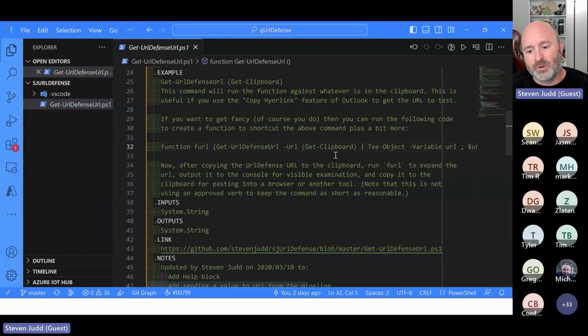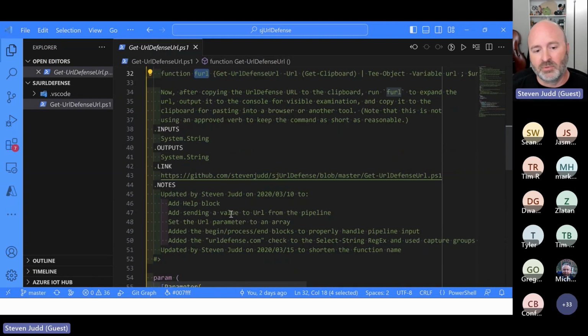So it'll modify your clipboard from the big long URL to the short URL. I thought that was clever. I put it in the help. You may not want to do that. You may want to name yours something else. Fine. I'm just showing you here's what you can do.